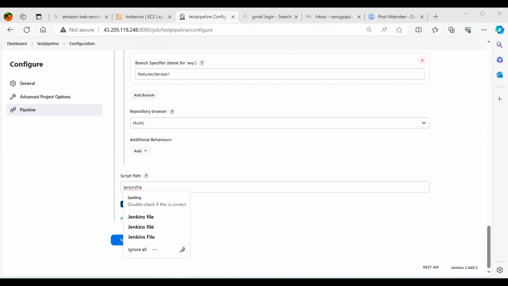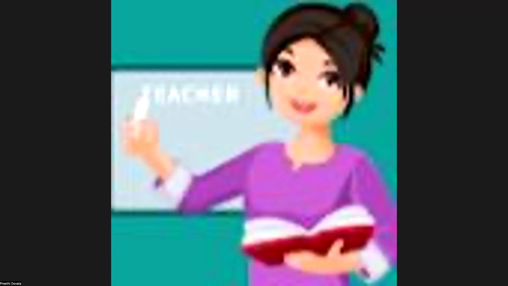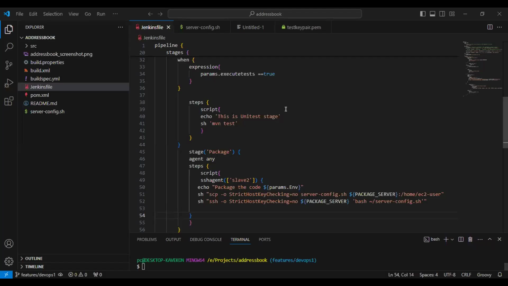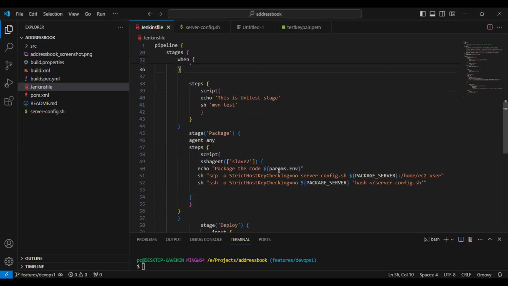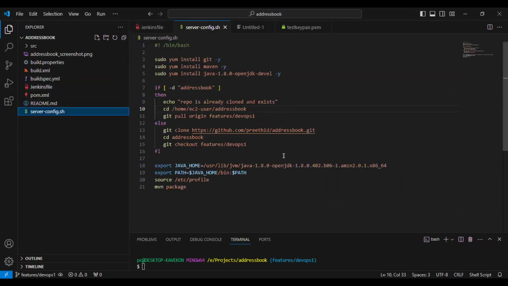I cannot see. Yeah, Preethi, are you able to see here, right? Yeah, here I updated the same thing in this. Here also I updated my